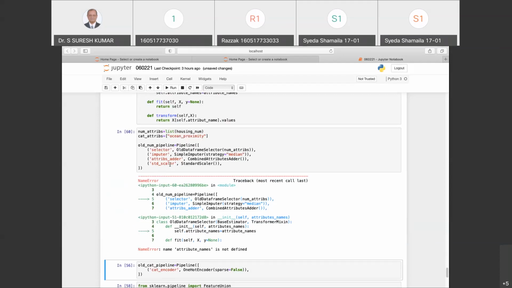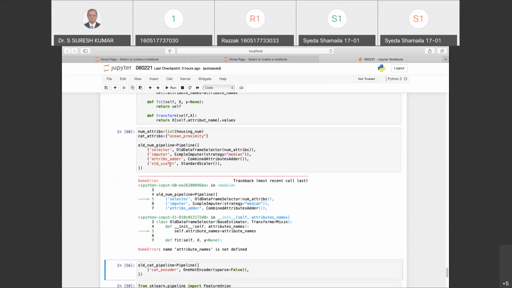Old numerical pipeline is my pipeline of selector, old data frame selector, numerical attributes, and imputer, which is simple imputer, strategy median, and attributes adder, combine attributes adder, and standard scaler.